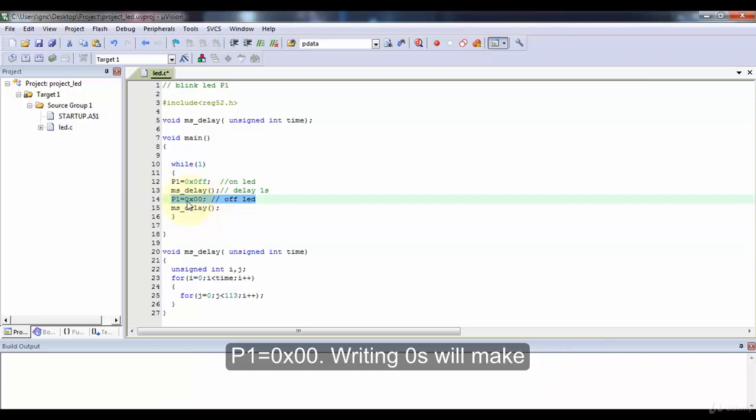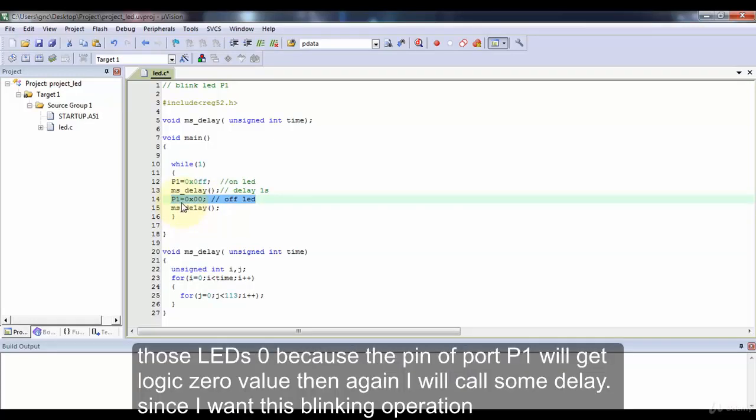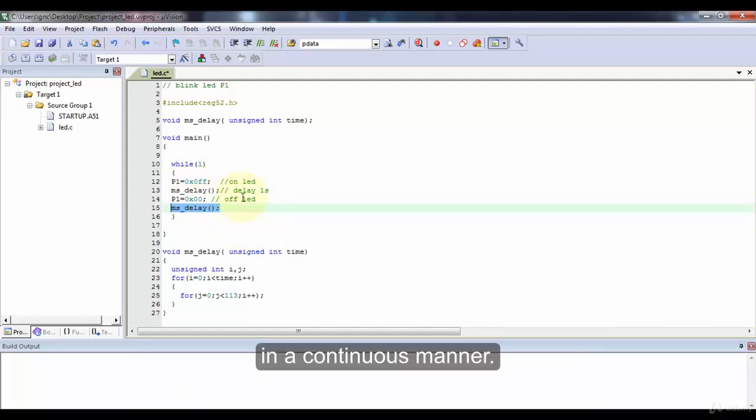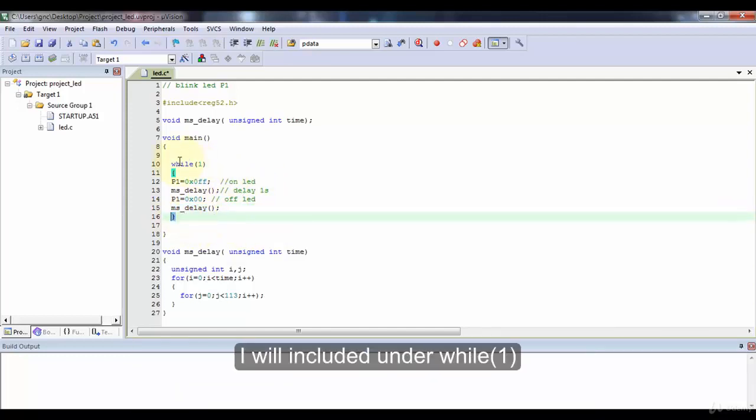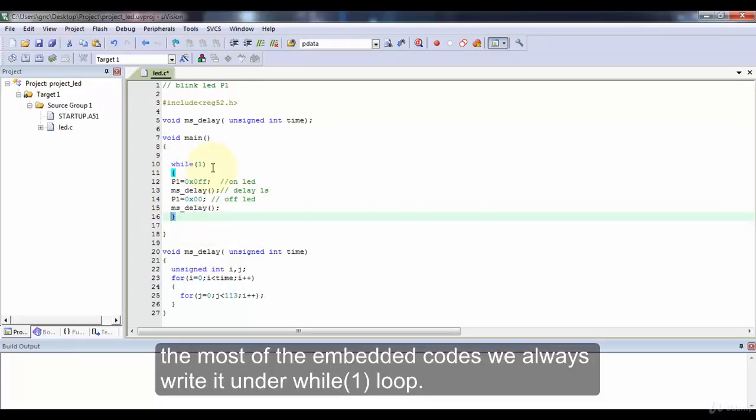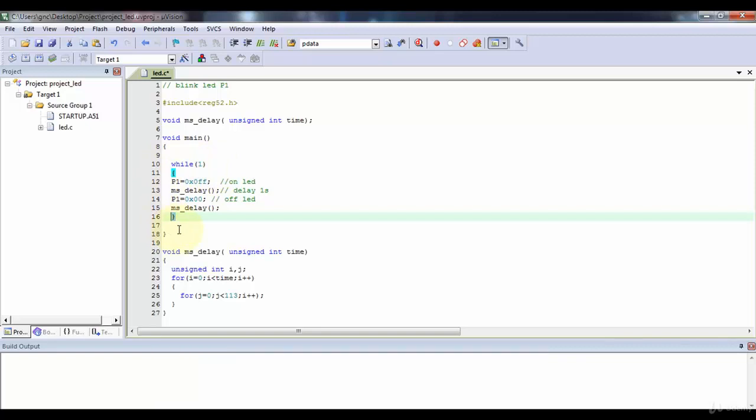Writing 0 will make those LEDs off because the pins of port 1 will get logic 0 values. Then again I will call some delay. Since I want this blinking operation in a continuous manner, I will include it under while(1). Most of the embedded code, we always write under a while(1) loop.